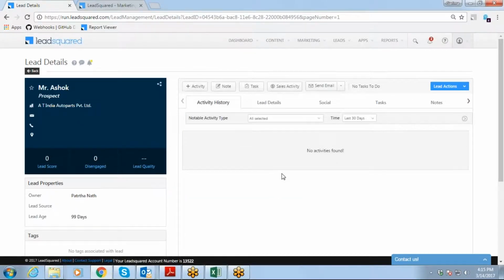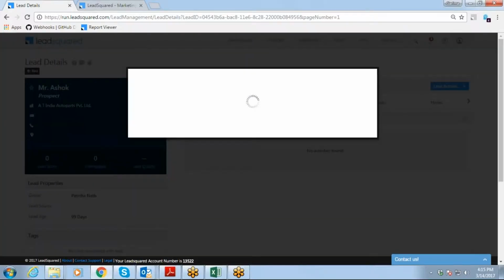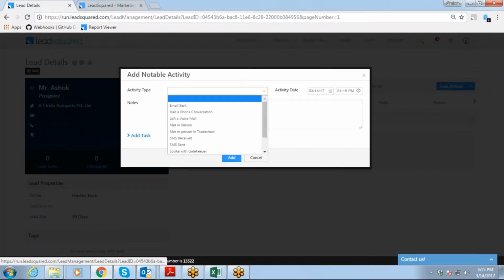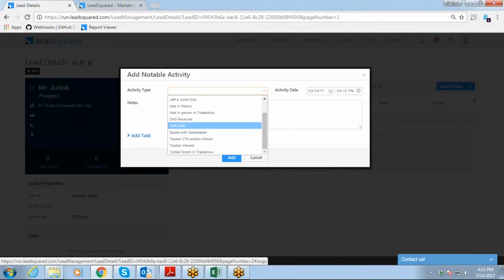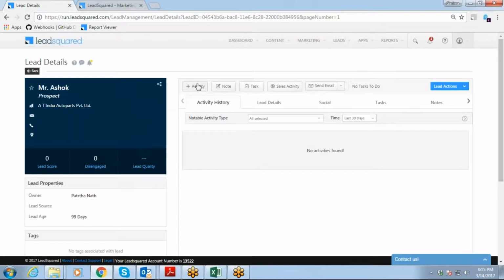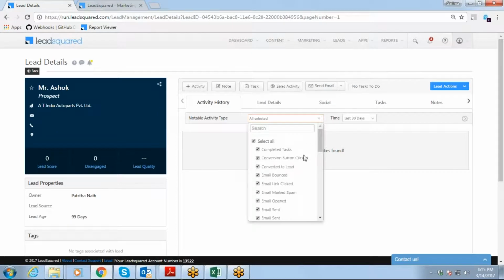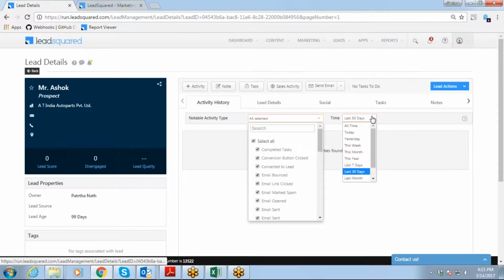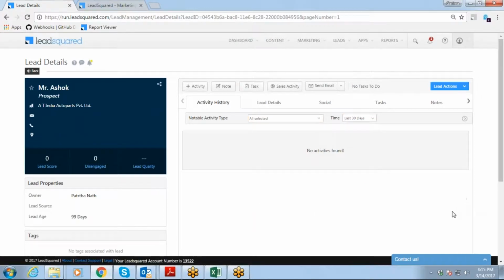So whenever you add activities, you have phone call, you send them emails, anything you do with these leads, the activity will be posted here automatically, right? So if you add yourself, you can add on your own. For example, if you sent an email and the email was bounced or email link was clicked, that is an automated activity that will be posted automatically, right? So two types of activities are there. If you want to add manually, you can add manually, and other things will be done by the system, right? So this is the activity history thing. You can just select these activities, how many activities you want to see here. You can just select the time and you can just filter them out, right?